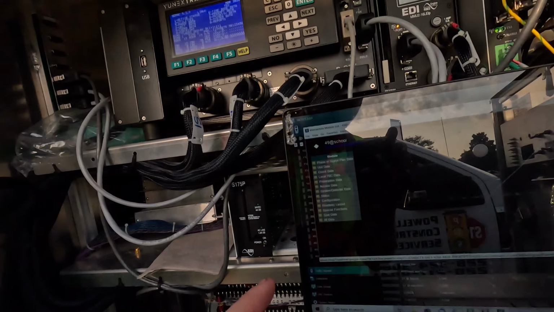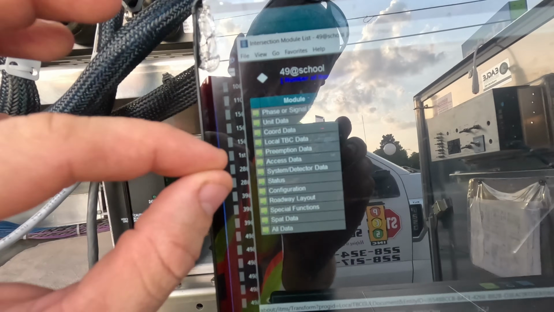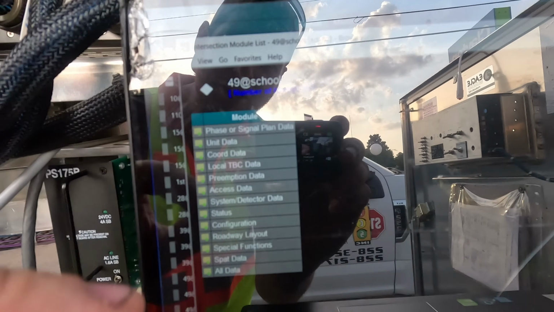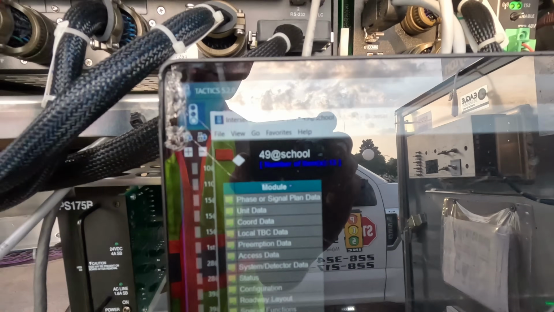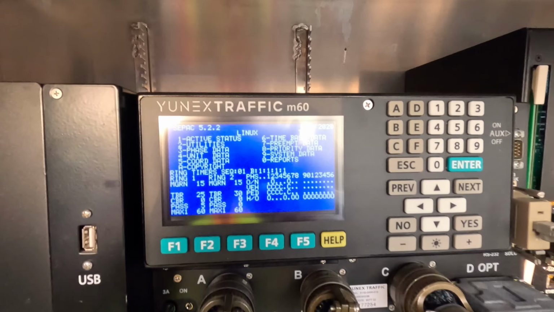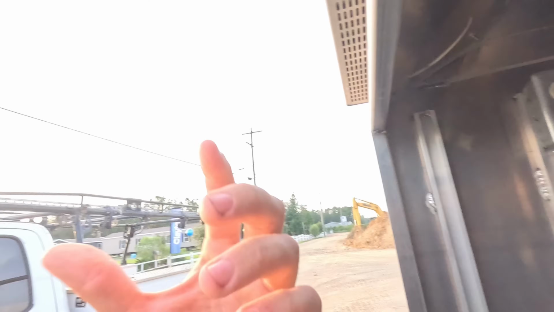All right guys, so I was wrong actually. I was assuming it was gonna be in the system and detector data, but it's actually in the time-based data that we have out here. It's pretty much omitting phase 1 and not ever allowing it to get the green light. So we're gonna remove the time-based data, upload everything else, and then have this intersection running like it should without that,